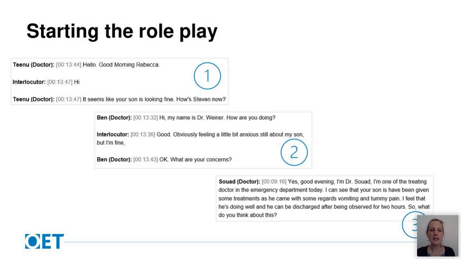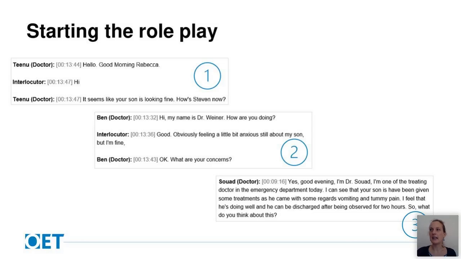I would say that none of the candidates really used the background information that effectively, but they had all picked up that the son was ready for discharge and that the parent was feeling anxious about it. So they're all sort of a similar degree of strength. They could still be better. But they have at least picked up this fact about the son being ready to go home, and they make use of that when they respond and ask the parent how they're feeling about it.